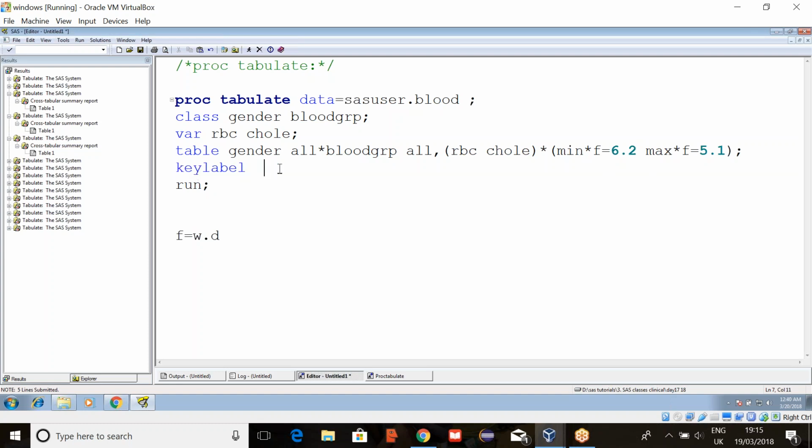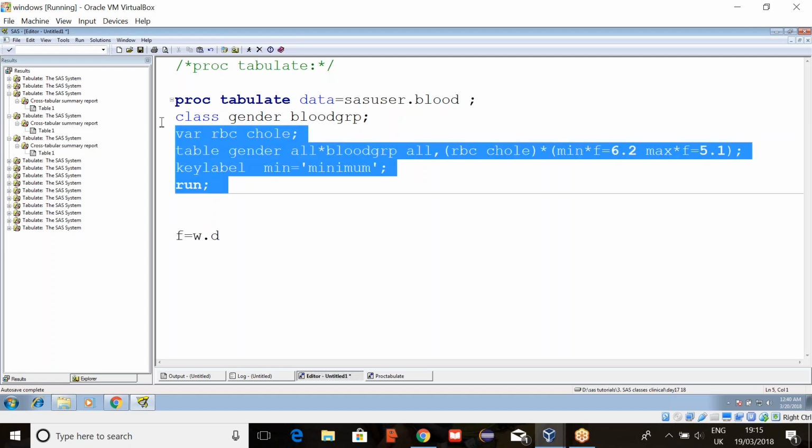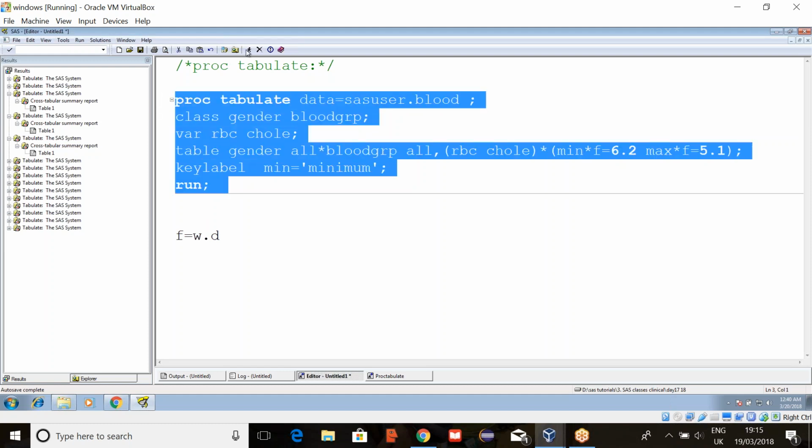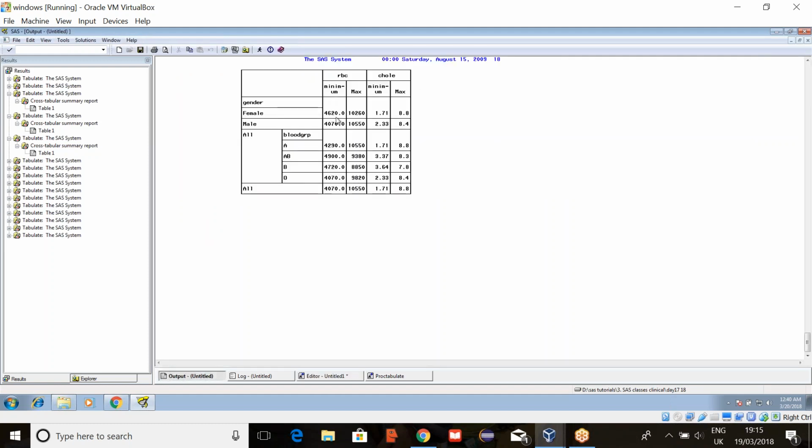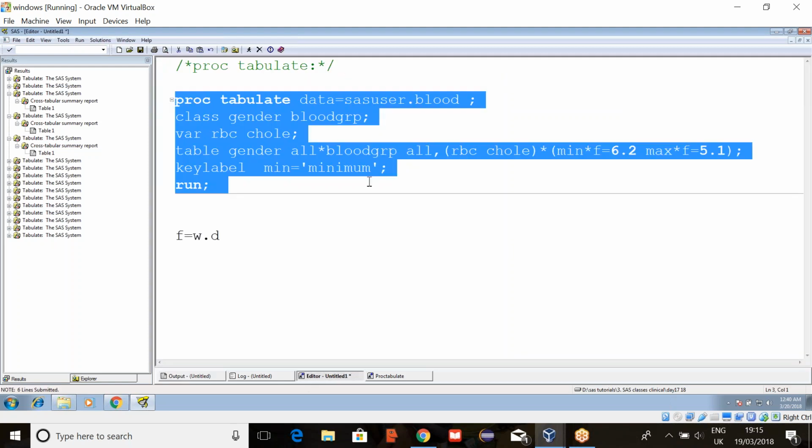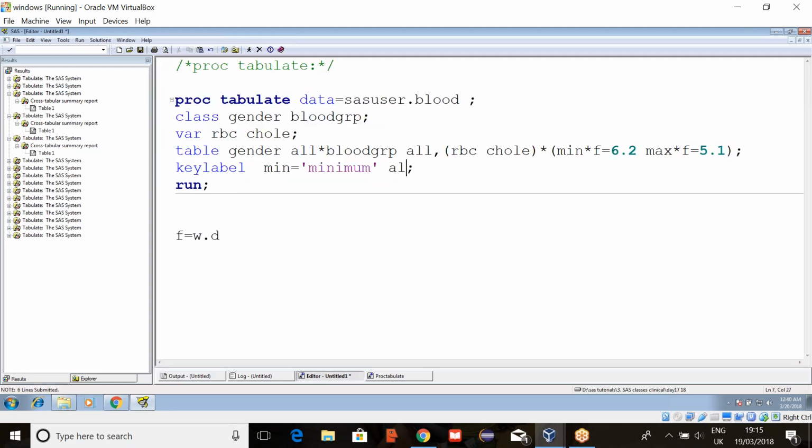So key label, change min equals to minimum. As here we have set the width, it is coming in the second line. All I want to change like total. So here write all equals to total.